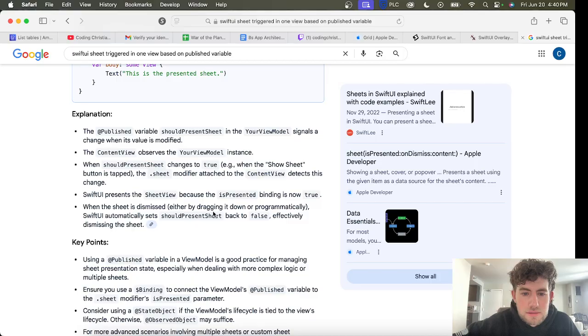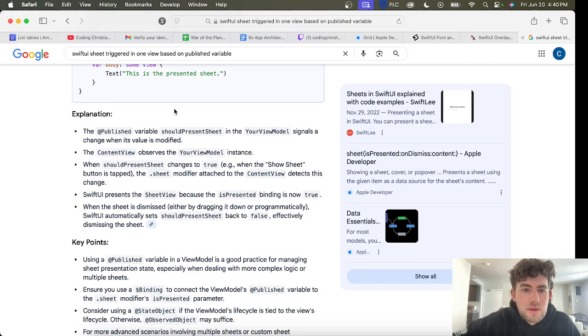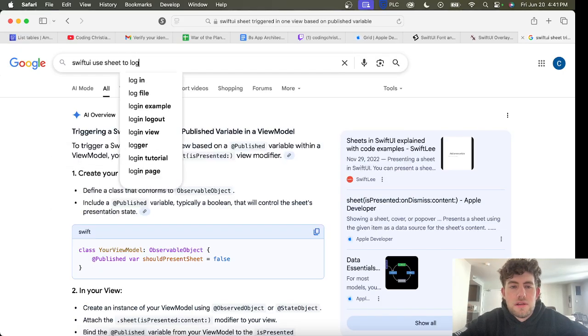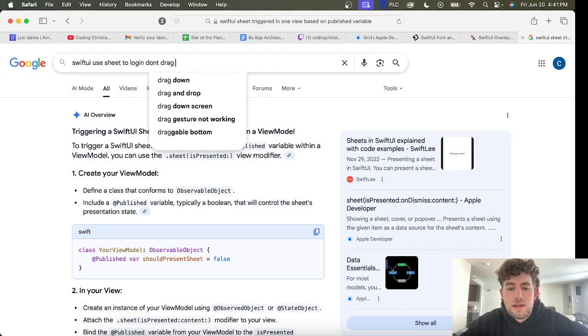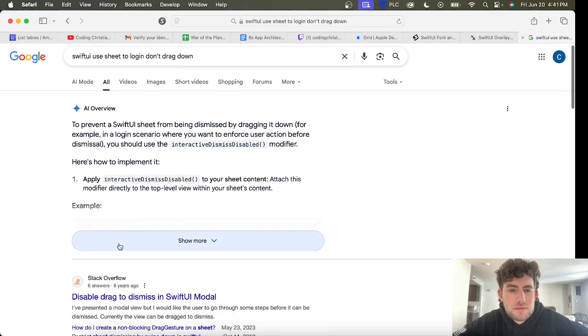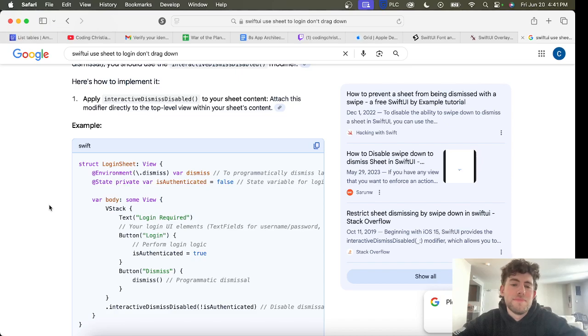When the sheet is dismissed by dragging it down or programmatically. Oh, I guess, yeah, you could just drag it down, couldn't you? That's the problem with the sheet. Okay. So do I use sheet to log in? Don't drag down. And track dismiss disabled. I don't know. I guess you don't have to use a sheet, but